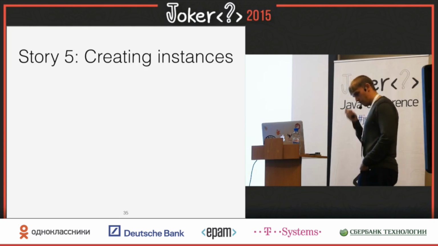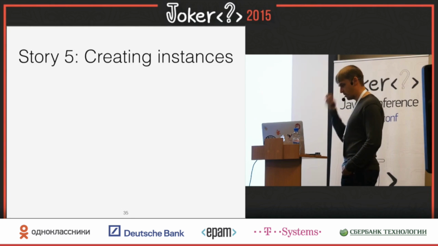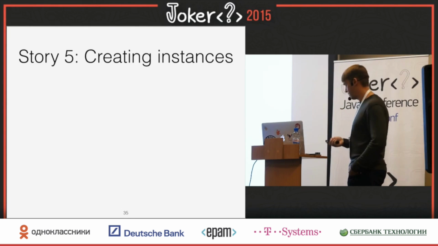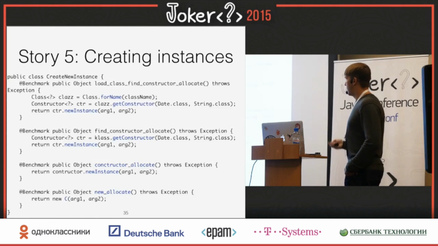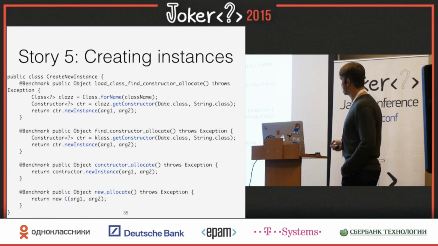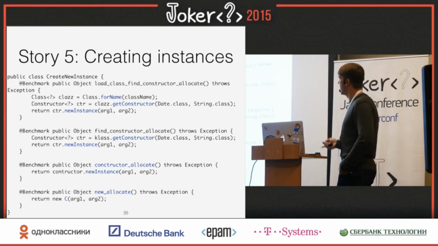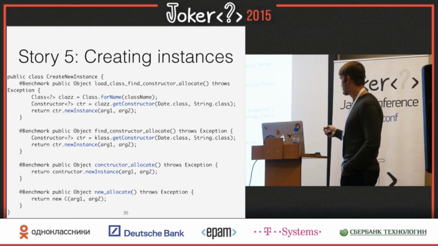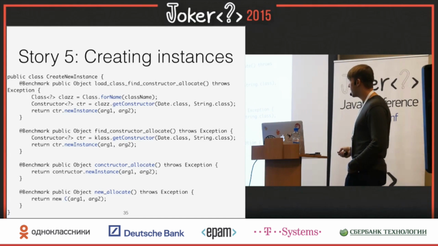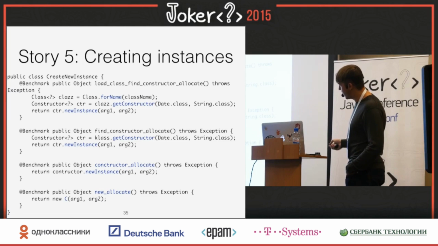Now, related to reflection, one of the things we had to do is create objects. As painful as it is, every time somebody wanted to create a domain object, we said, oh, we know the class name, let's load the class, get the constructor, call newInstance, lots of stuff. You can do better, and here are the different options. You can call new, right? If you have the class and don't have to go through reflection, you can do this. Or at least you can make this dance once, have your constructor, and call constructor.newInstance.